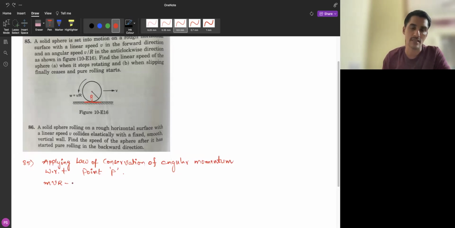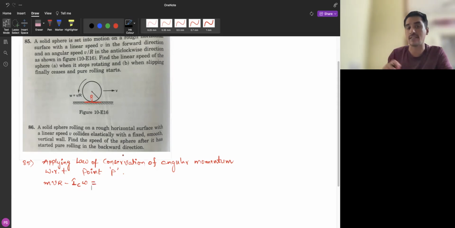Therefore, it is I C into omega. With respect to center, we are considering. That's why I C into omega, which is equal to,